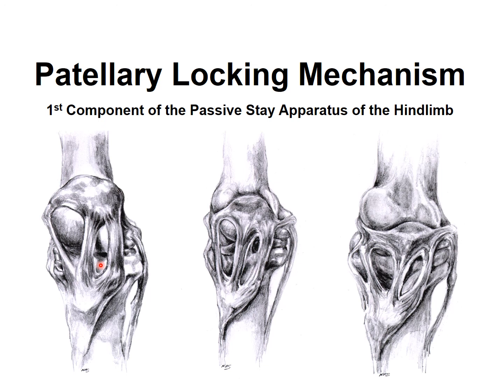The patellary locking mechanism is the first component of the passive stay apparatus of the hind limb. Remember the passive stay apparatus of the forelimb? This is the first component of the passive stay apparatus of the hind limb, and it consists of the following: